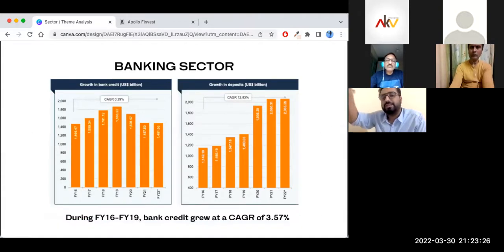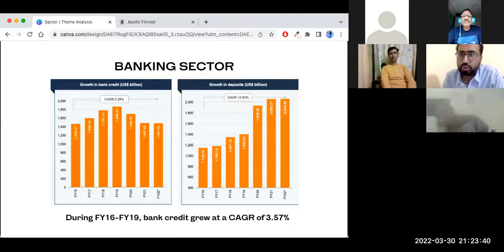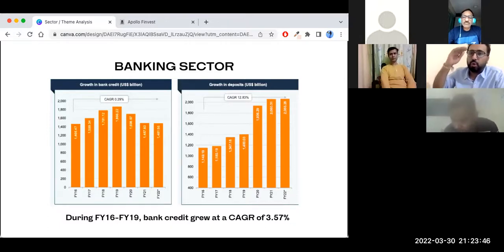And also deposits growing at a very, very fast pace, lending slowing down is a bad indicator for banks in general. In general, it's a bad indicator. I'll be talking about that. There are different kinds of ratios that we have to look at, capital adequacy ratio, etc. I'll be explaining those ratios also जब बैंकिंग की बात करेंगे, बैंकिंग कंपनीज की बात करेंगे। अगर कुछ ऐसे बैंक्स में ऐसा हो रहा है that loan book is growing at a slow pace, deposits are growing at a much faster pace, then it's a bad sign. Yes, awesome.